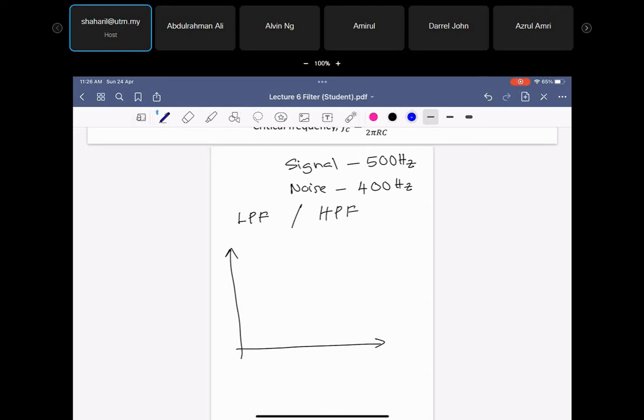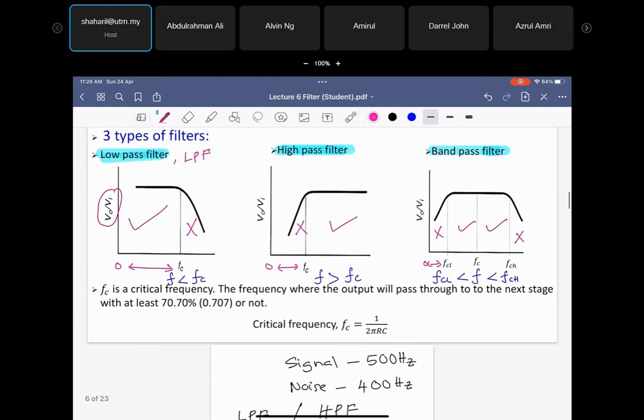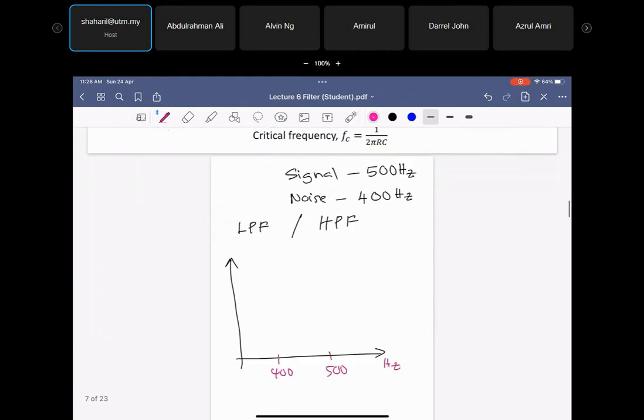Okay. This is your frequency, right? So the 400 is here, 400 hertz. So this one you need the hertz. And then the 500 is here. All right. So now if you make it the high pass filter, right? The high pass filter, that means